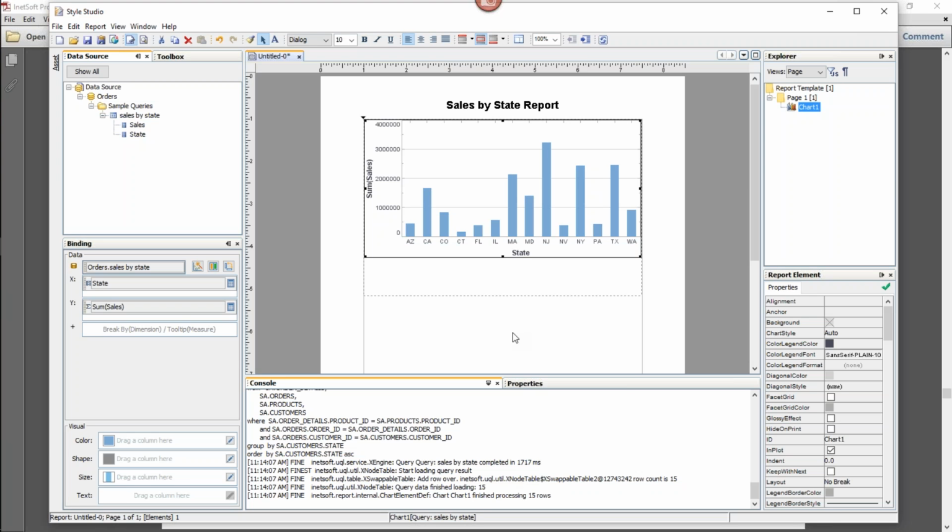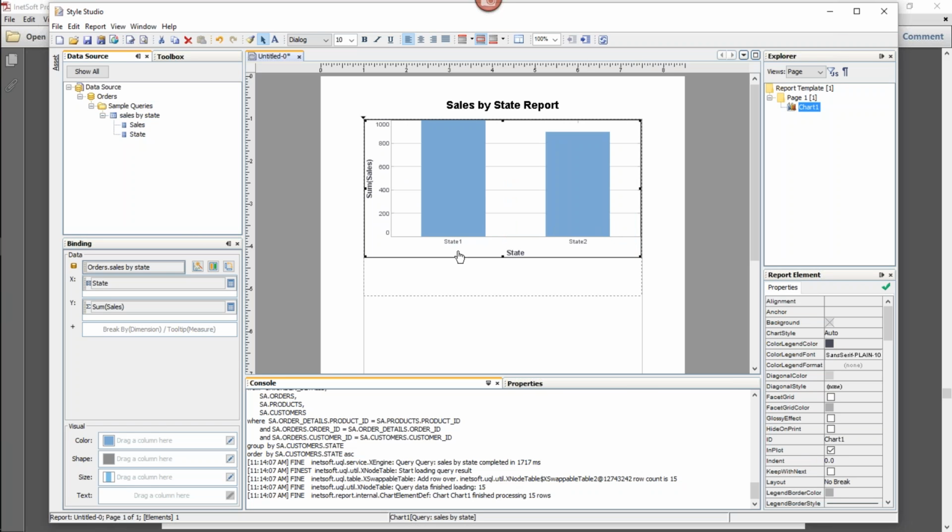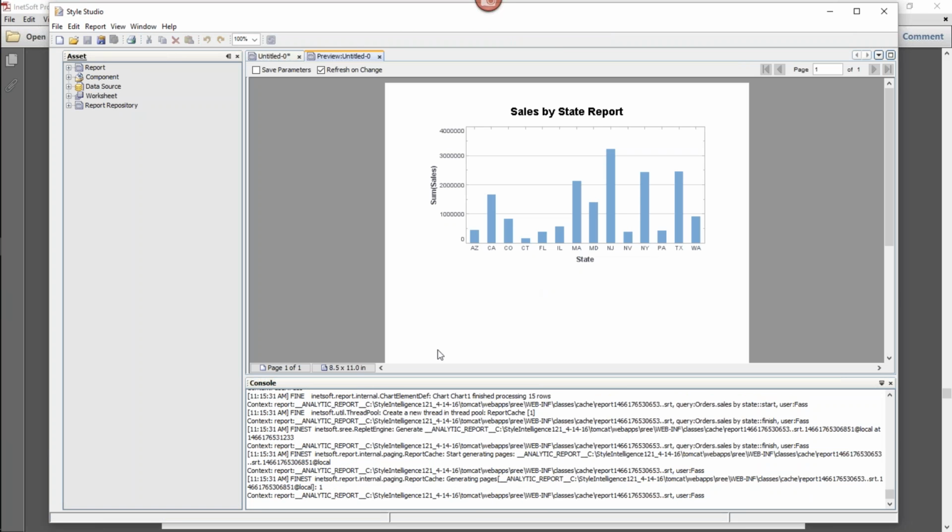So if you're in that situation, which is not all that uncommon, then you would probably want to work in metadata view, right? It's not going to run any queries on the database, and your design operations will be very quick. And then what you would do in that case is periodically, if you want to see how things are coming along, press the preview button, also in the toolbar. That will run whatever queries are required on the database, pull back the data, and show you what your report is looking like.